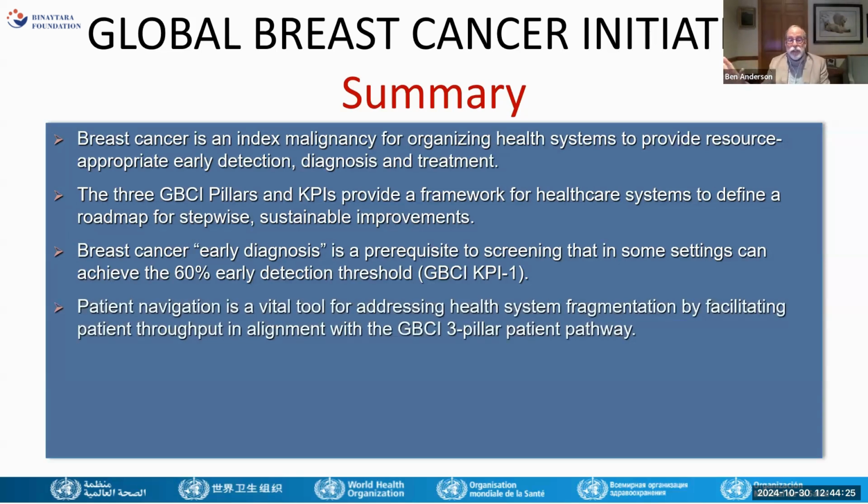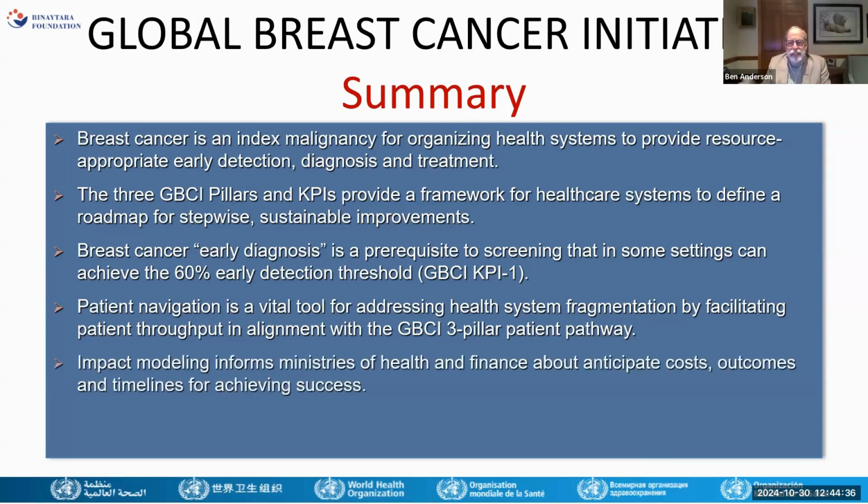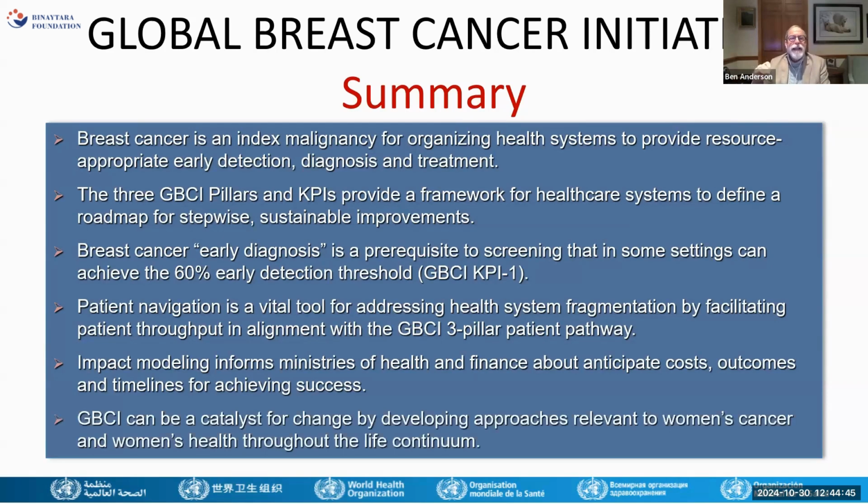Patient navigation is a vital tool for being able to improve these outcomes. Using the framework and implementing navigation in measurable ways is a key strategy. That modeling that we talked about, I showed you the model. There are cost pieces that go with that which the Kenyan government now has to look at. Overall, we think that the GBCI framework is a catalyst for change because we're developing generalizable approaches that are relevant not just to breast cancer, but to all cancers and actually to all non-communicable diseases for women. It's really a fundamental strategy for improving women's health